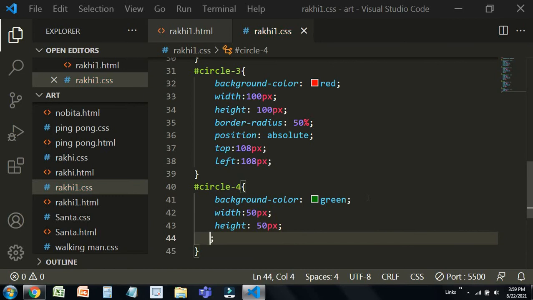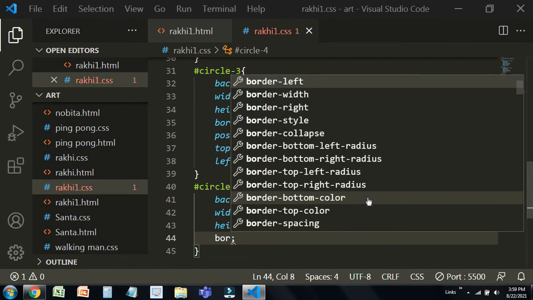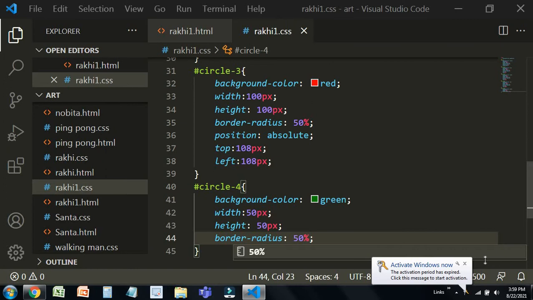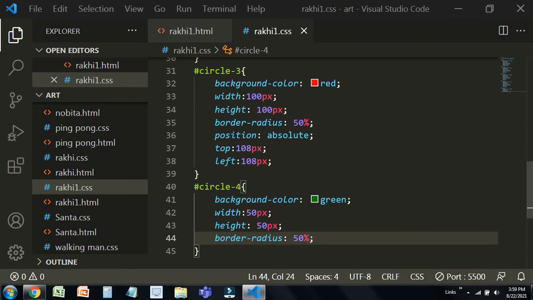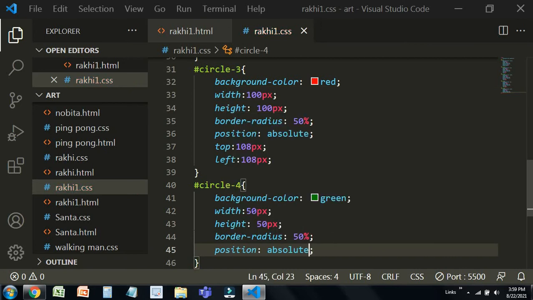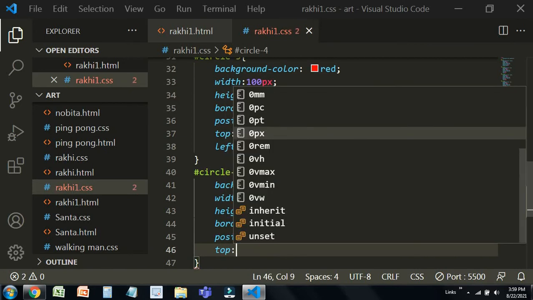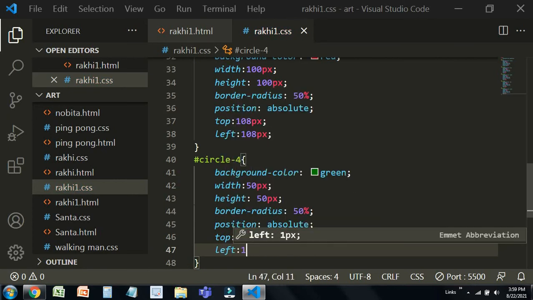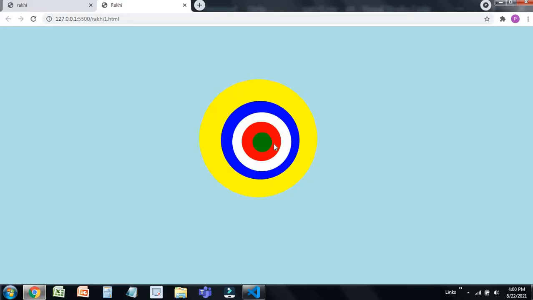Yeah, and then we need to give the border radius, border radius needs to be 50%, and 50% I've given it. Then position absolute, top 135 px, left 135 px. Yeah, perfect. Like this, you can see.